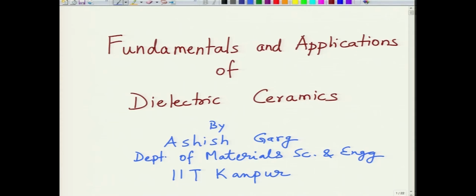Okay, so I welcome you all to this new course on fundamentals and applications of dielectric ceramics. My name is Ashish Garg and I am working here as a professor in the Department of Material Science and Engineering at IIT Kanpur. This course is primarily aimed at undergraduates of material science and engineering,